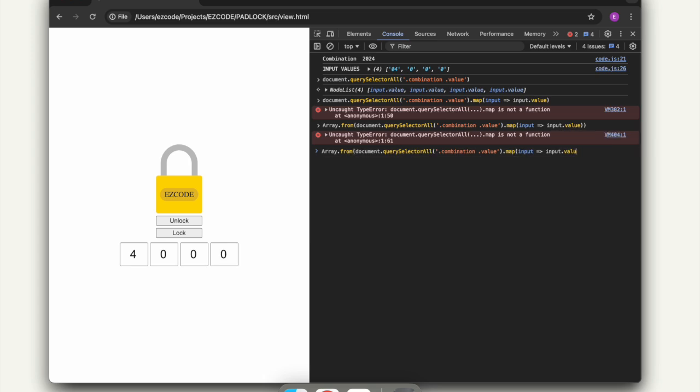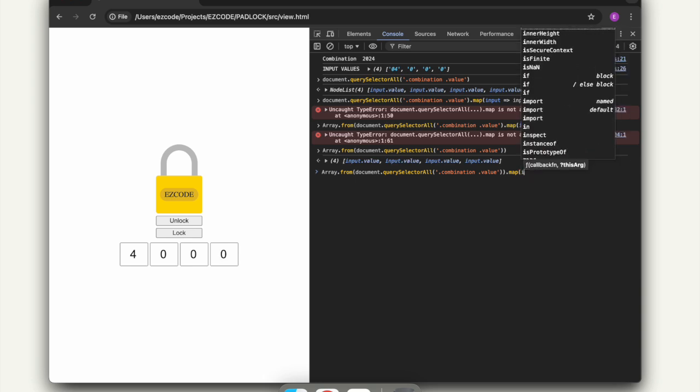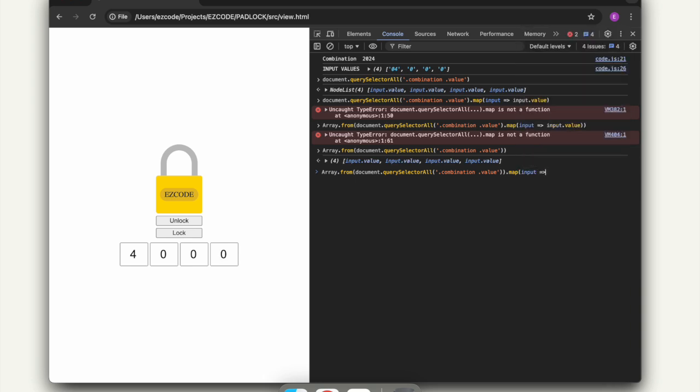If we hit enter, let's just get rid of the map for now. The parentheses would be on this side, and we can see this is way different. Now it looks very similar. You can see it looks like an array with input values, but it doesn't have node list on it. So in this case, if we did map, and again, this is just typing as I go, there are other videos we have that you can look at to get more in depth into what a map is, and different functions of the array class. But here we just have to know that we've gotten something from the DOM, we've turned them into an array,